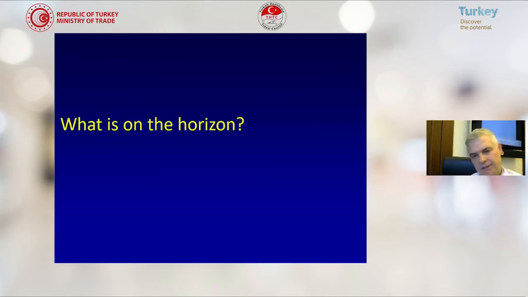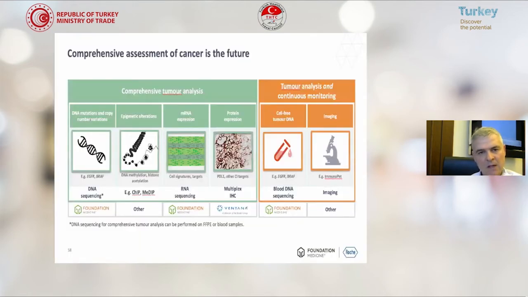So what is on the horizon? Comprehensive assessment of cancer is the future. We test the patient with DNA sequencing. We can find epigenetic alterations. We can see microRNA expression, RNAs with RNA sequencing. And we can also do multiplex immunohistochemistry staining at the same time with the same sample without sacrificing our sample